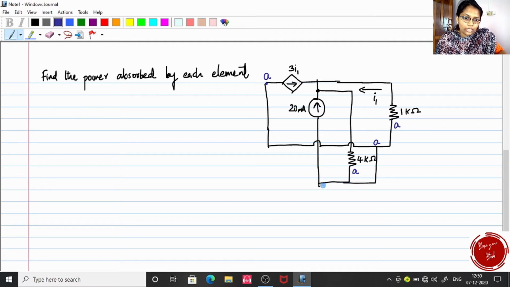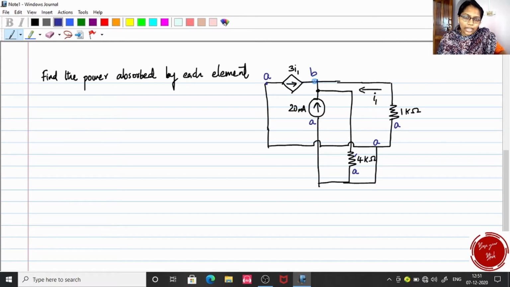Also when we continue, we reach this point, that is one side of this 20 milliampere independent current source, which is also having the point A. Actually, we are stuck at those points where we meet an element. So after crossing this element, we have to change the letter. That is, this A point, when it is obstructed by a single element, we have to change the letter to another, let it be B.